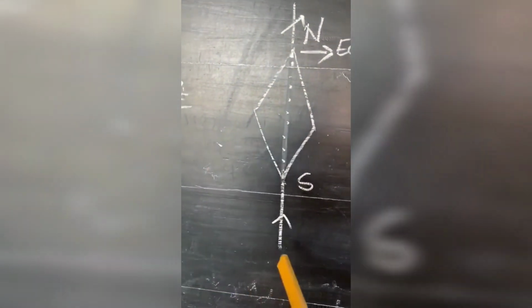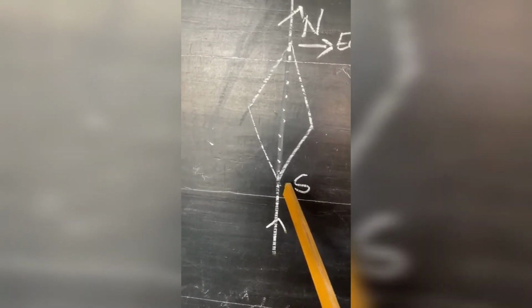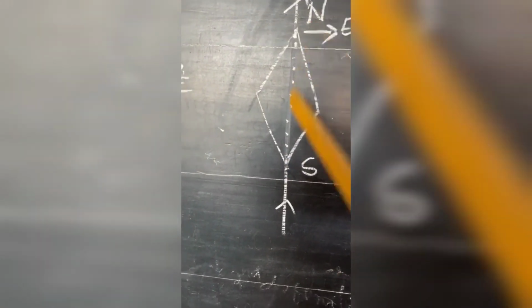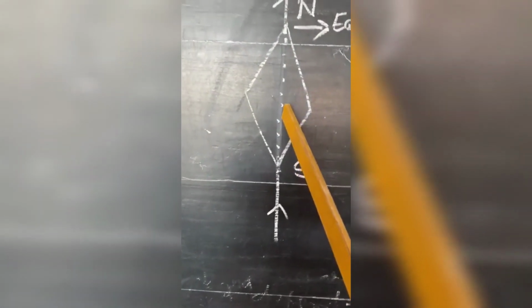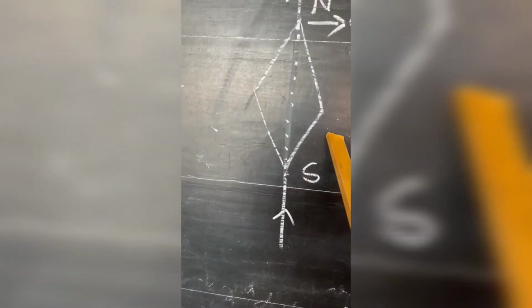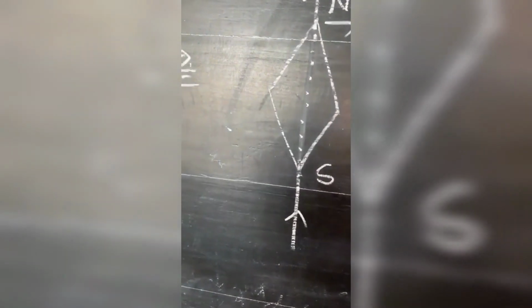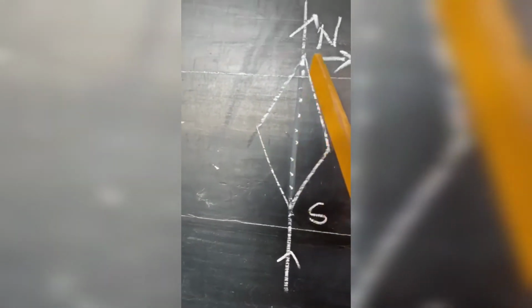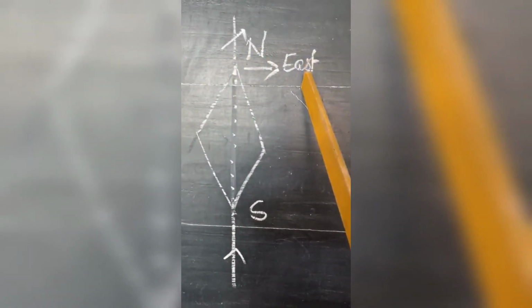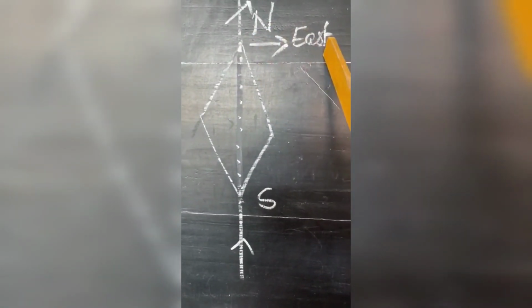See, as before we are sending current from south to north. This is the dotted line, which means wire is below the needle. In the wire-above case, the wire was over the needle. Now it is below the needle. Then north pole deflects towards east.